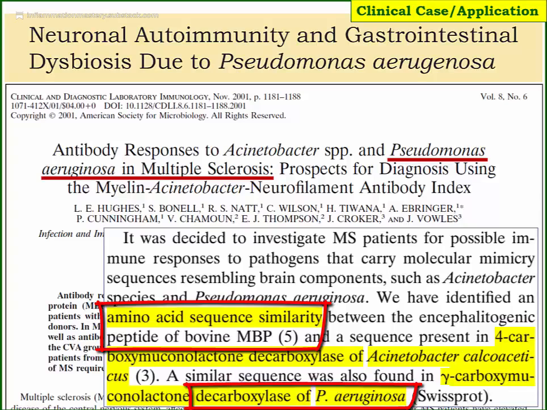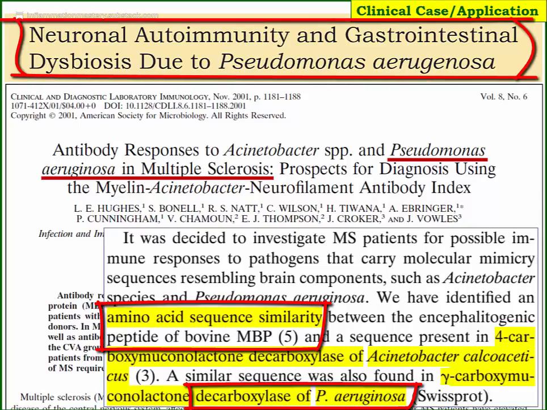So I think what we can reasonably state here is that this patient might be having an immune cross-reactivity response based on amino acid homology between this enzyme